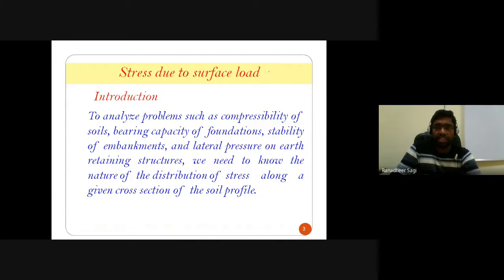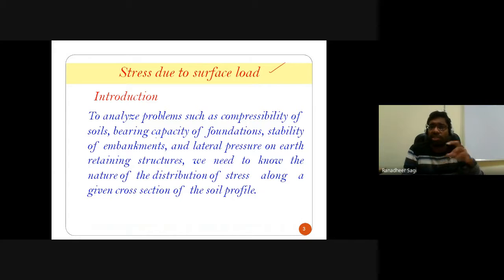So let's start understanding how we calculate the stress in the soil at any depth due to your surface load. Why are the stresses developed in the soil due to the surface load important? Because whenever we analyze problems related to the compressibility of soils, that's nothing but the compression happening in the soil, or the settlements your soil is undergoing, or whenever you come across problems related to the bearing capacity of foundations, or stability of embankments, or lateral earth pressure on retaining structures,